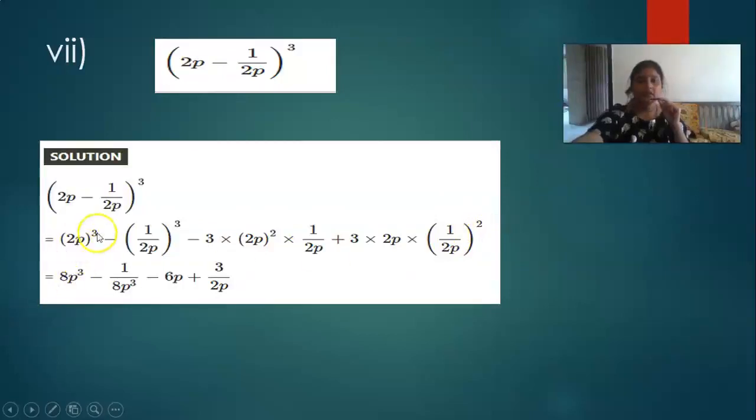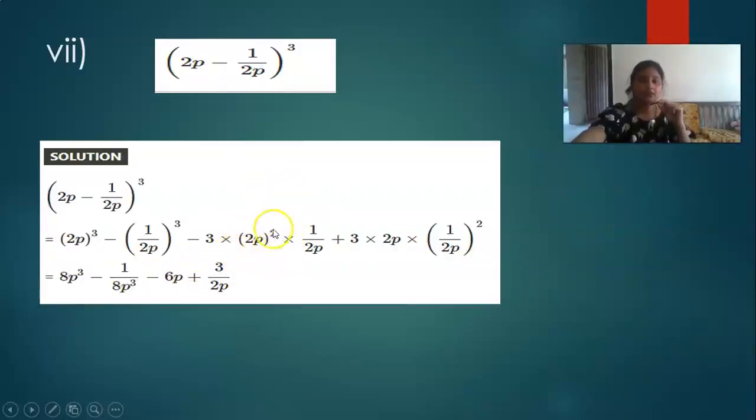Now what is the cube of 2? 2 2s are 4, 4 2s are 8. And this p cube is as it is. Minus 1 cube is 1 only. What is the cube of 2? 2 2s are 4, 4 2s are 8. So it is 8. Now p cube is here as it is p cube. Now can you say